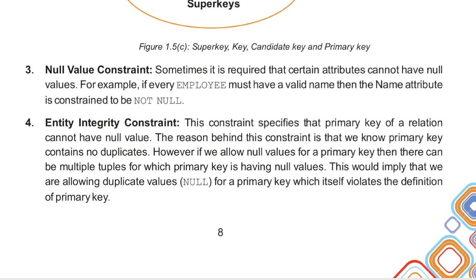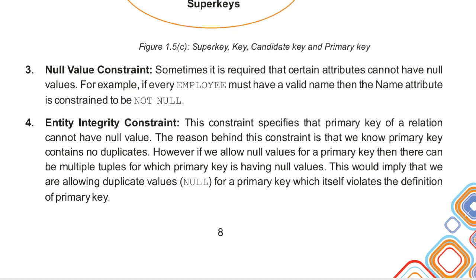The reason behind this constraint is that a primary key contains no duplicates. The unique Aadhaar number will specify the unique id of the person. But if I don't know the Aadhaar number of a particular person, I might think that I can write null over there, because at the time of data entry I don't know it. But what will happen if I write null value in more than one tuple?